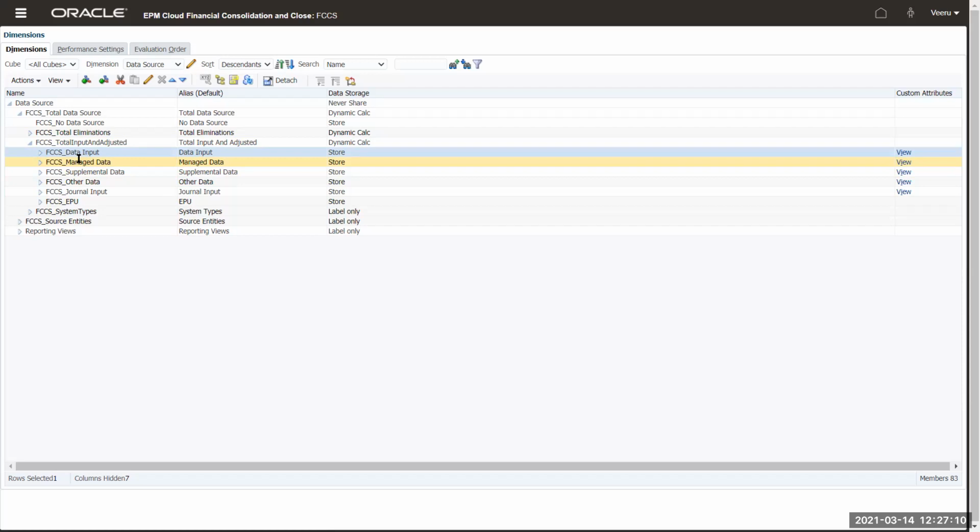That is when you design your architecture, and these architecture rules come into play. When you design your application, you need to have an idea on whether you can use this data source dimension as a fifth custom dimension, without using the data input or managed data members.